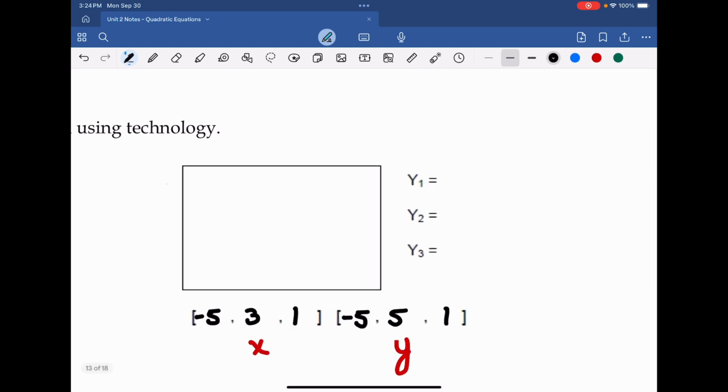Now again, in our graphing calculator, we want to rewrite this function. So in y1, we can type in 3x squared plus 5x minus 2. In y2, if you're wanting to do the intersection method, you could put in 0, and this is going to create a horizontal line where y is equal to 0. And now, here's the rough sketch that we're going to get in our graphing calculator. Once we plug in these equations and also set our window to the appropriate settings based on what I've given you here,